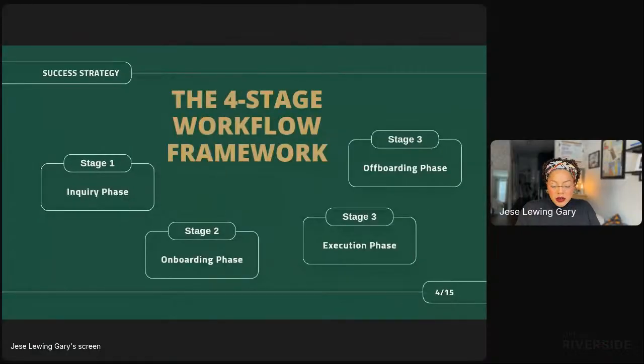Alrighty, so now we're going to be in the third phase of our framework. And the third phase is all about your execution phase. The execution phase is going to be different for each and every person. With the execution phase, this might be making sure, several months before an event, like I have a